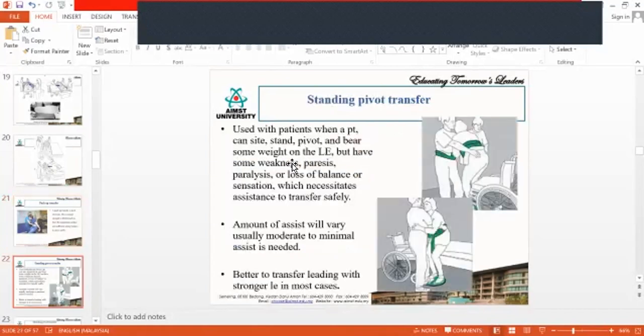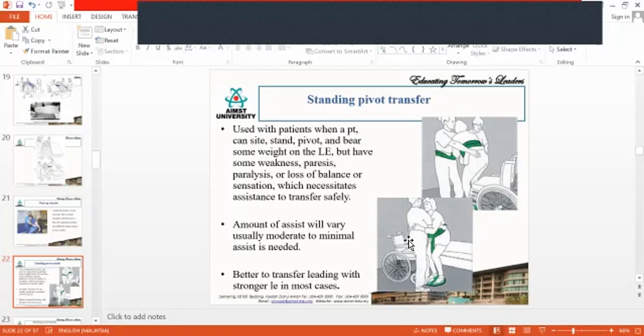Okay, next is pivot transfer. In this pivot transfer, like your slider, you will be using something called a pivot. So this green one is called the pivot. So what you will do is, you will make the person stand on the pivot. Okay, so when the patient is sitting on the bed, you keep this pivot, make the person keep the legs on the pivot. Then you support the waist and lift up the patient. So once you lift up the patient, this pivot will be able to rotate. Okay, so it is like a rotator, like a twister. So you can just rotate the patient and turn the direction of the person and make them sit.